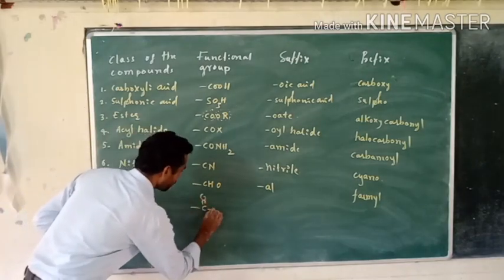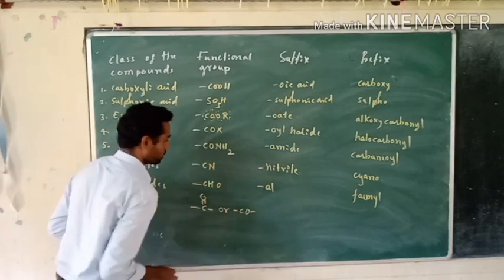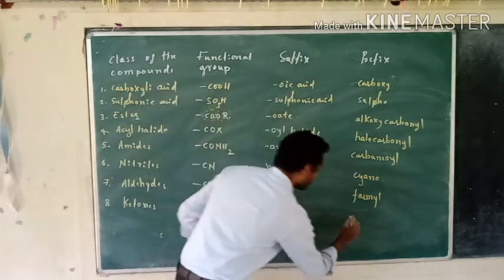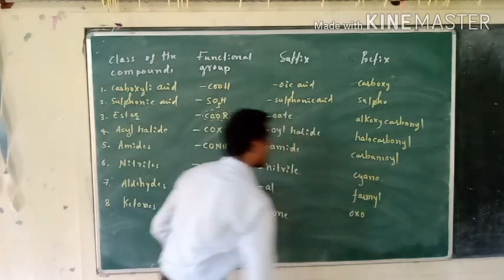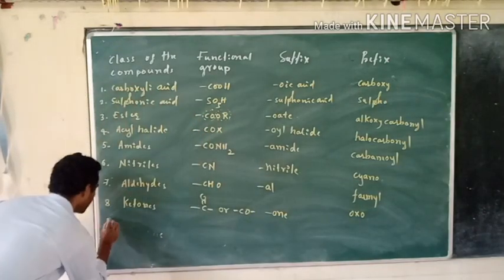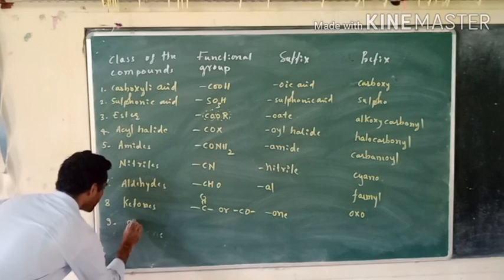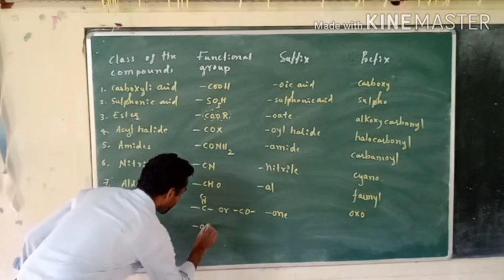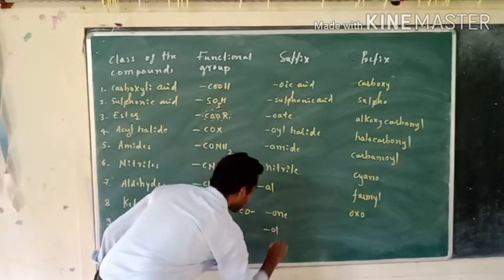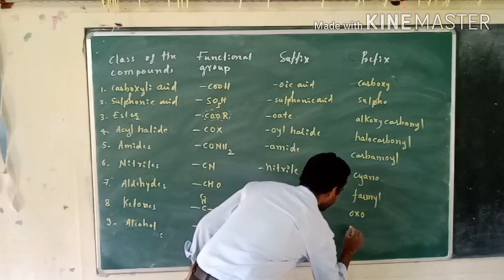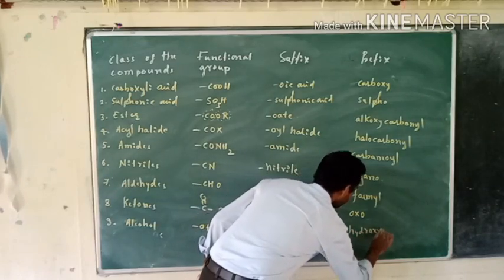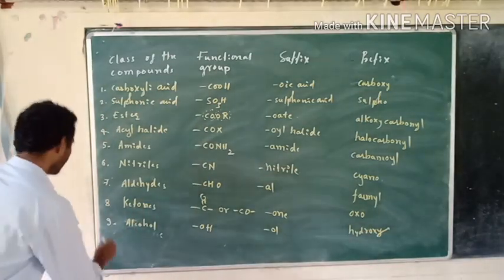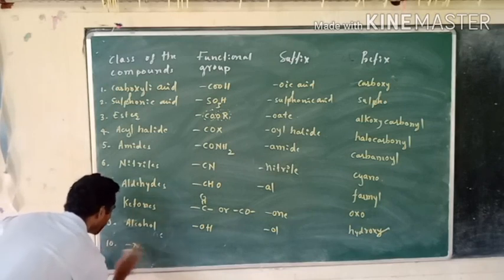C double bond O, or CO. So ONE as a suffix, oxo I have to use as a prefix. So the ninth one is OH, alcohol. OH is the functional group. OL I have to use as a suffix, hydroxy as a secondary prefix. The 10th one is NH2,